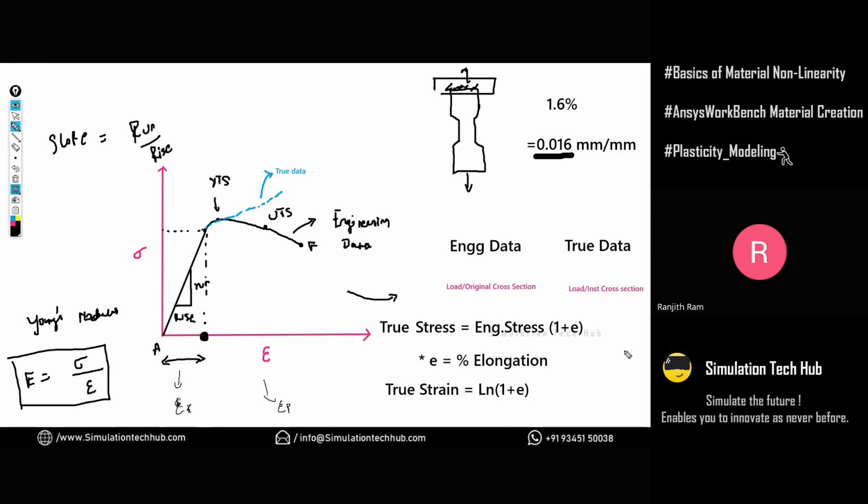This is how you have to build a multilinear database of a material, because getting multilinear data is a very tedious process. This is how we do the backend process and create our multilinear data. Multilinear data only will give you a more reliable result. Otherwise, you simply put Young's modulus, because